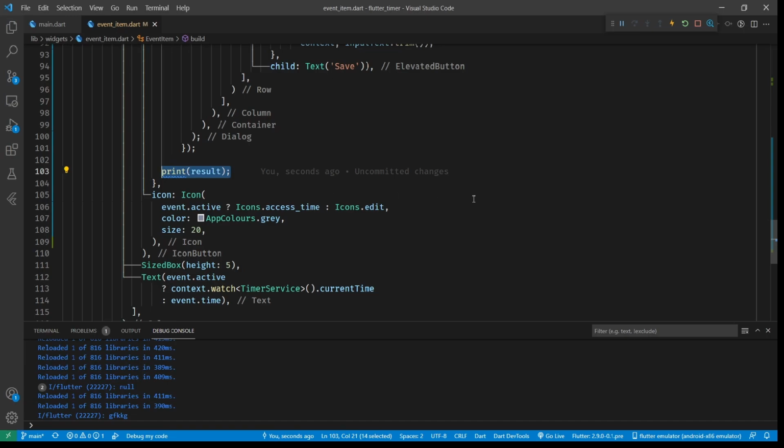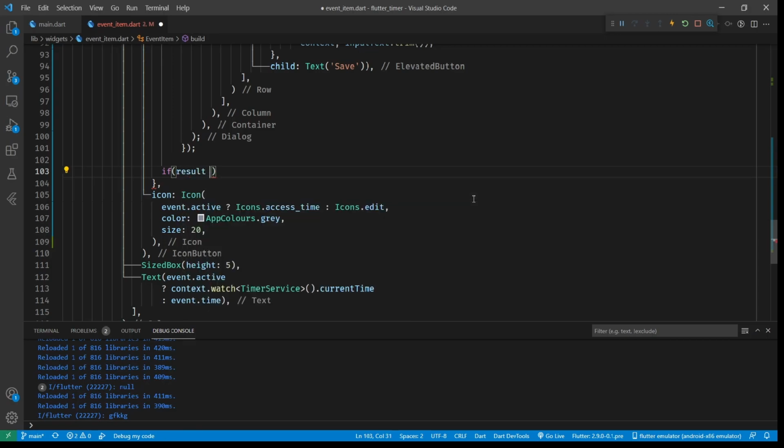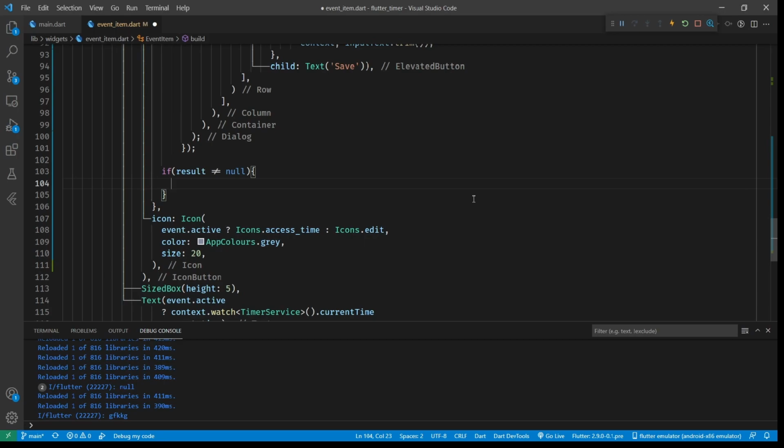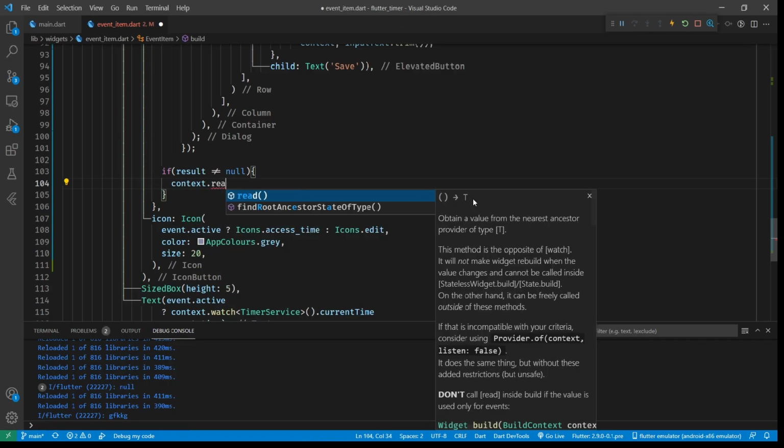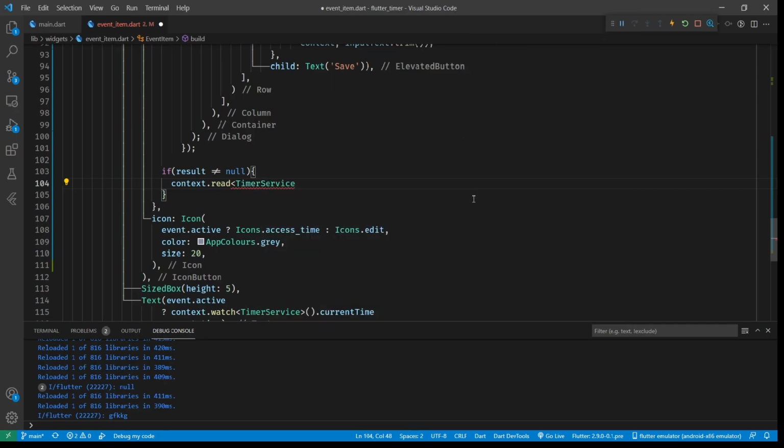What we want to do now is just check that the result is not null. So if the result does not equal null, i.e. if the cancel button hasn't been pushed and we've got something back, what we're going to do is take the context, read our timer service,